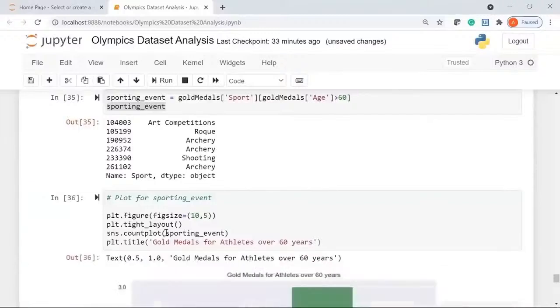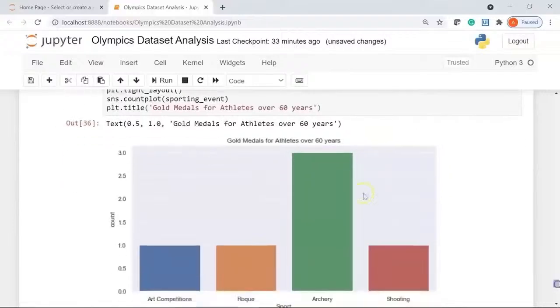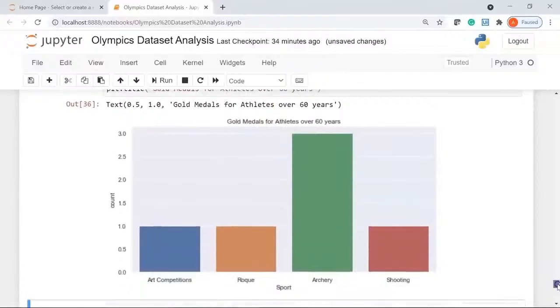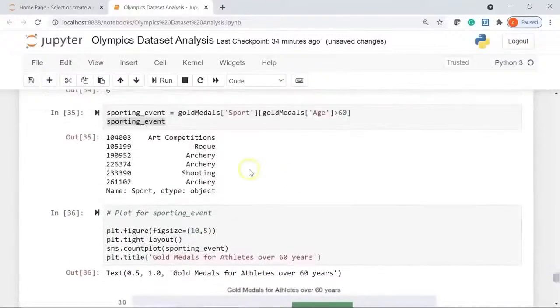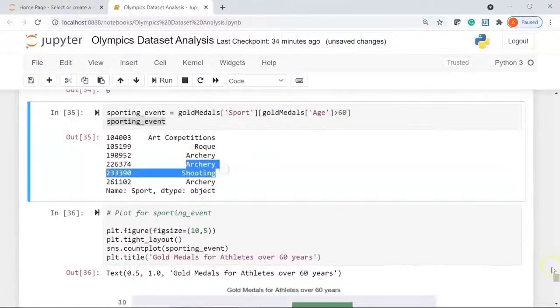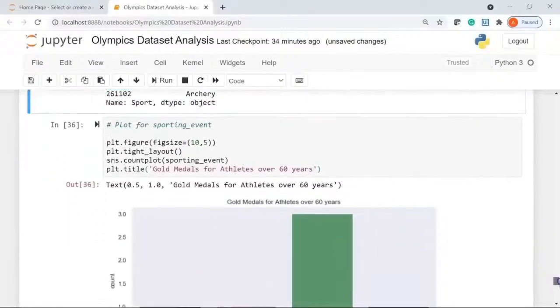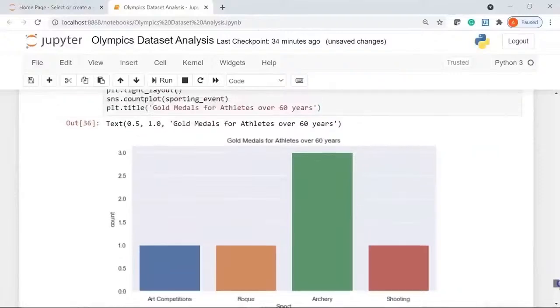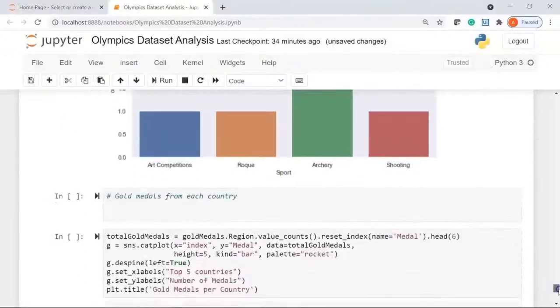Let's run it, and if I scroll down, you can see here we have a nice count plot. I have my title, gold medals for athletes over 60 years, and since for archery we had 3 players who secured a gold medal having an age more than 60 years. You can see here archery is 3, art competition 1, rook is 1, and shooting we had 1 medal. Alright,